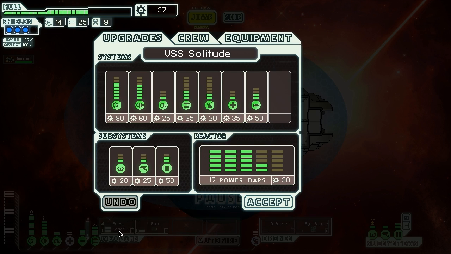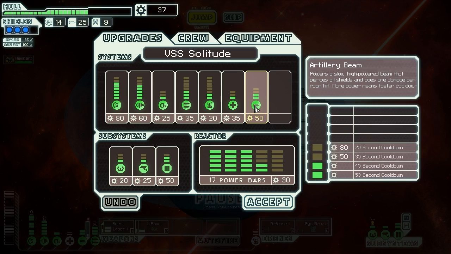We don't have any new weapons, so really buying more weapon power doesn't do us much good at this point, although it does make our weapons a lot more stable, meaning a single shot won't turn off our long recharge ion bomb. Or the artillery beam. If we can get that thing faster, it'll become a lot more useful in